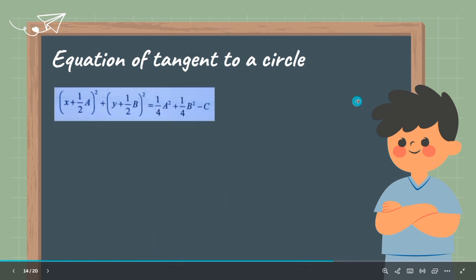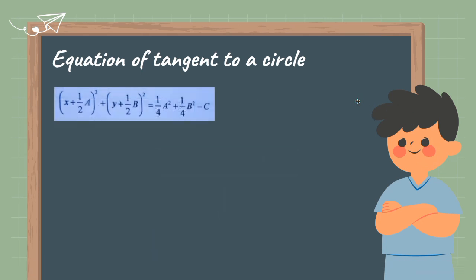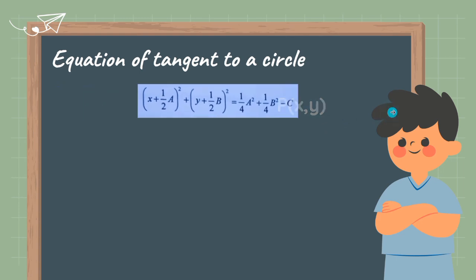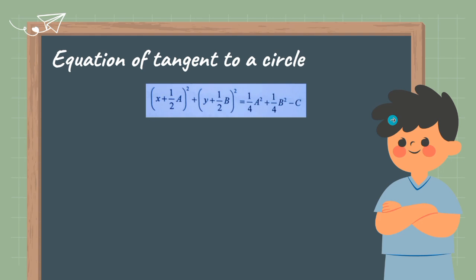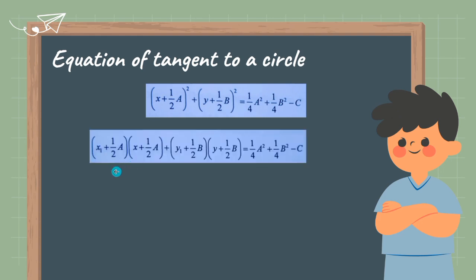Next, to find the equation of the tangent to the circle at a point, let's say point P at x, y, then x here becomes x1 and y here becomes y1. So that when we break down the left side, it will be like this. There are x1 and x, y1 and y. They are not the same variable because we are looking for it at a point.